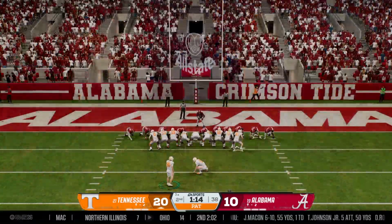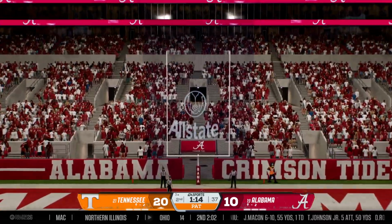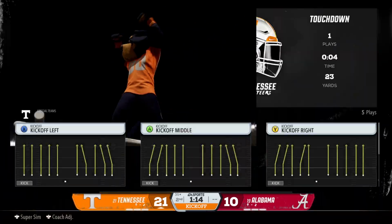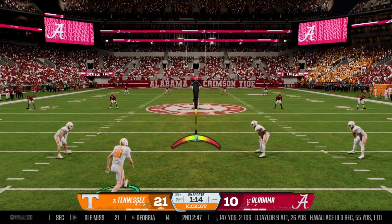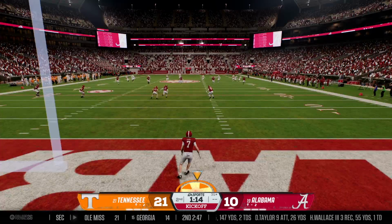It's so nice as a quarterback when it's not just your receivers that are dangerous after the catch. How about the yak ability by this tight end? He's a guy that can stretch the field. He can make DBs miss, and he's got speed. He's a generational talent. He's really helping out this offense. Tennessee, 21, Alabama,